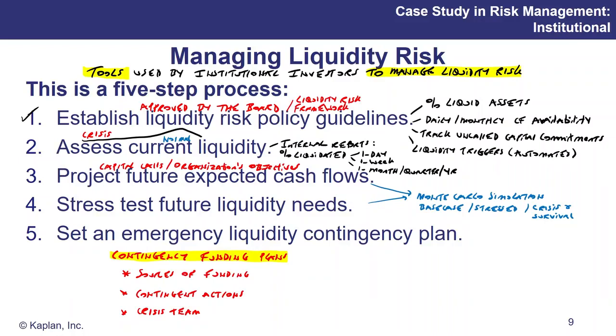Now, step number two, assessing current liquidity in normal conditions and crisis conditions. In those reports we were talking about before, reporting and escalating, there's monitoring as well, daily, weekly, having the right level of liquidity. In normal times, yes, that's fair enough, but you'd also expect to have, in a crisis, your contingency funding plan, so that in the event that things do turn non-normal, you've got some contingency plans ready.